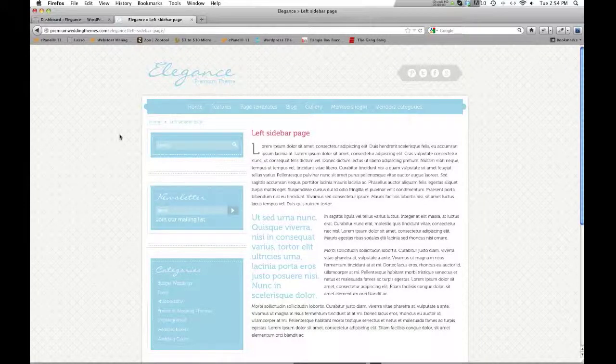Let's talk about sidebars and creating sidebars. The Elegance theme gives you the opportunity to actually create as many sidebars as you want. If your site has 75 pages, in theory you can create 75 different sidebars for a unique one on each individual page. And just real quick, just in case you're not sure what a sidebar is or what it's for,